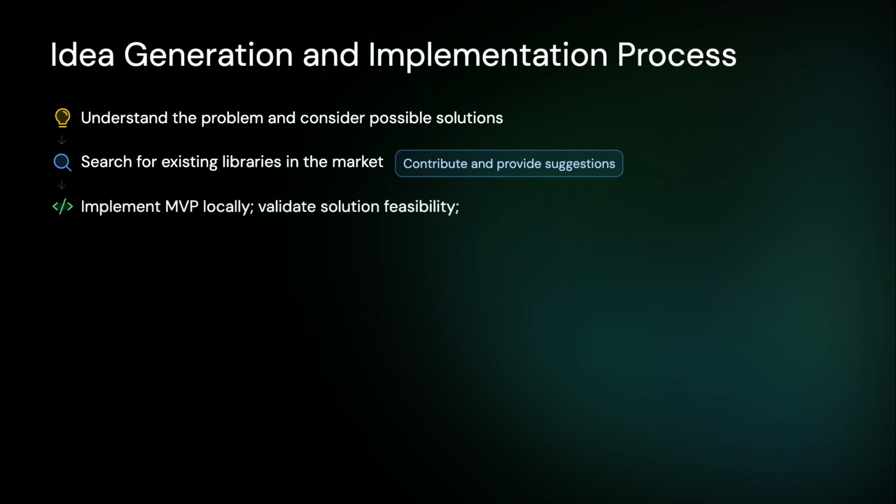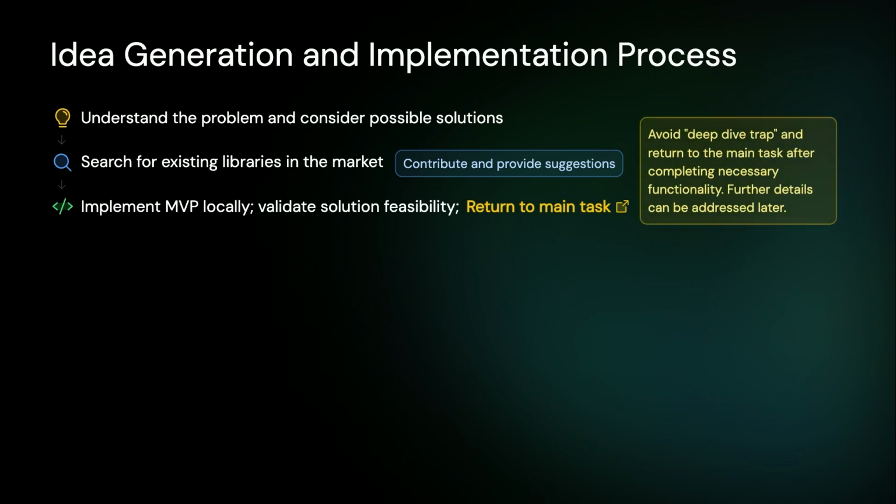At this point, you can start implementing your tool by first creating an MVP, a minimum viable product, to validate whether your idea is feasible. When designing, keep in mind the idea of decoupling the interface for future extension. The key to avoiding the yak shaving trap is to go back in time. You don't need to make it perfect. You just need it to meet your current need. The important thing is to return to your main task in a timely manner,